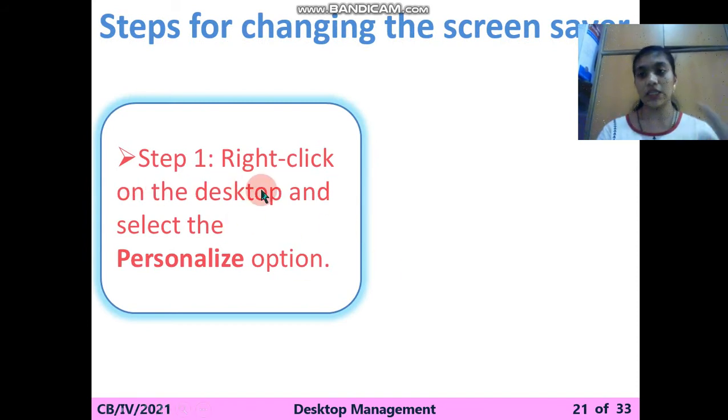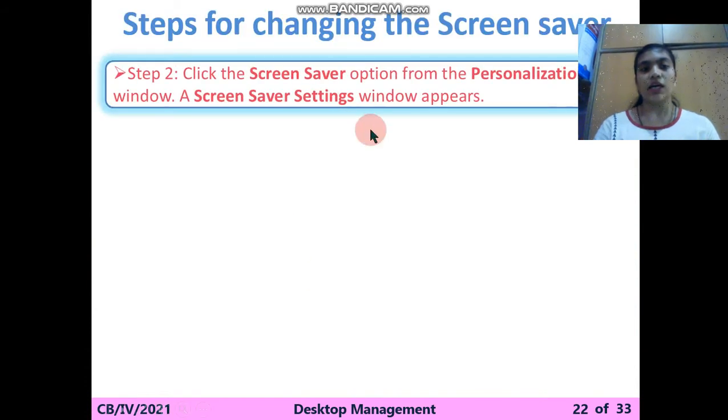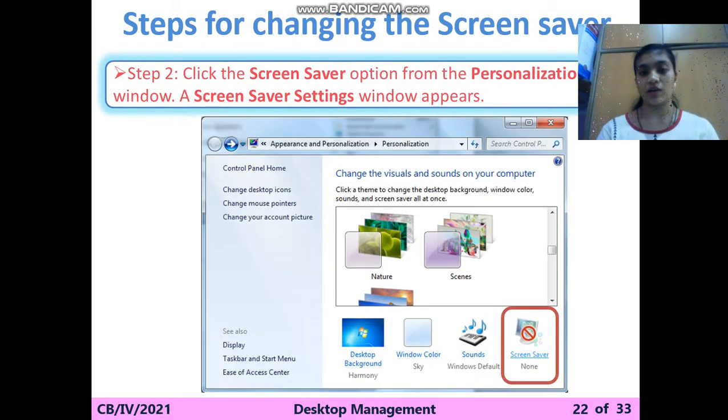So let's start how to change the screensaver. I will first read these steps, then we will perform them. First, right click on the blank area of the desktop and select the personalization option. Second, click the screensaver option from the personalization window. A screensaver settings window appears like this.